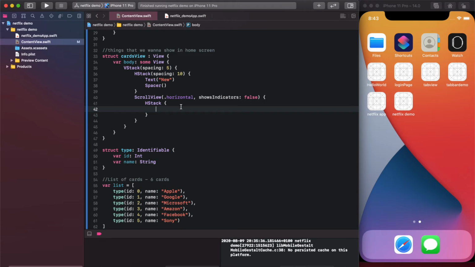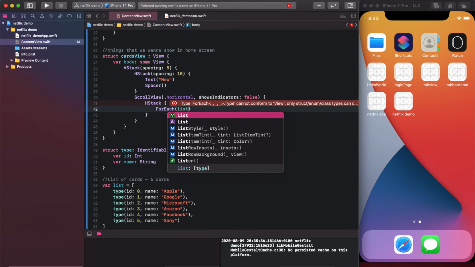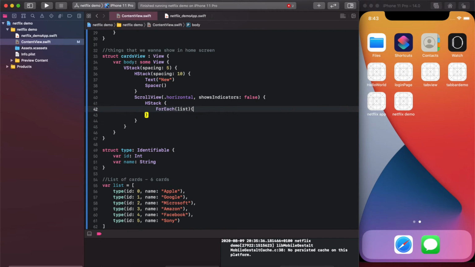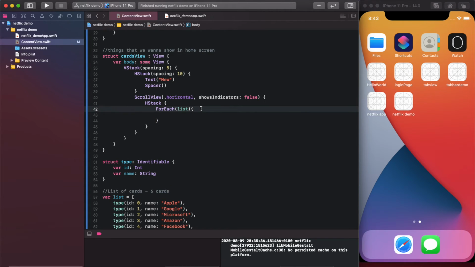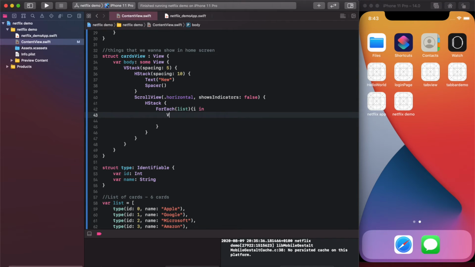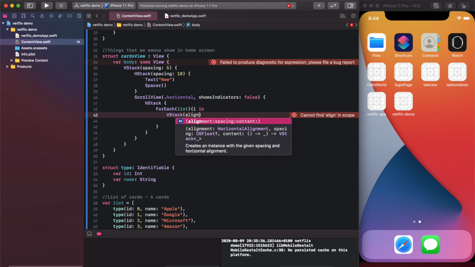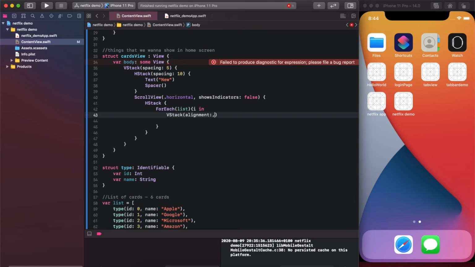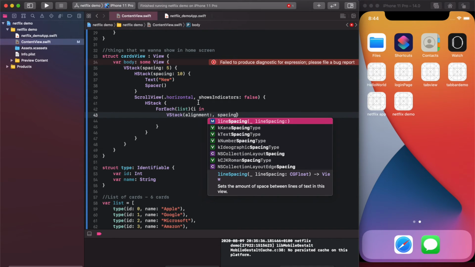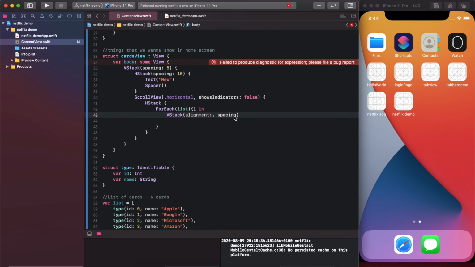So now I'm going to use for each, which is kind of like the for loop. For each item in the list, so what I'm going to do is I'm going to take a v stack, once again I need alignment, I need spacing, so alignment would be leading, spacing would be 8,